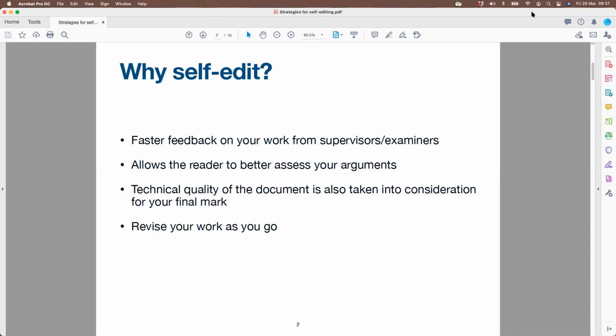Okay, so I'm sure you all know as research students what it takes to prepare your work for submission to your supervisor, or for those of you who haven't submitted yet, to your examiner. And what often happens is that, at the point where you're still submitting work back and forth to your supervisor, you don't actually have someone who can edit your work. So what a lot of people do is, once you've done your research and your supervisor has said, okay, you're ready for examination now, what a lot of people do who are privileged enough to do that,